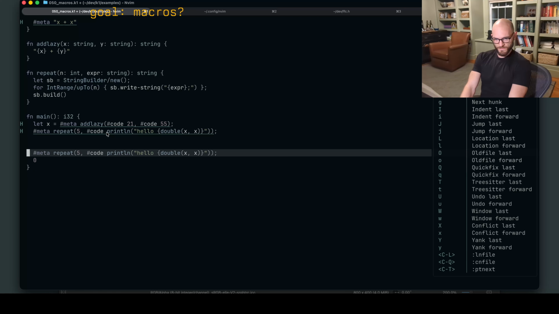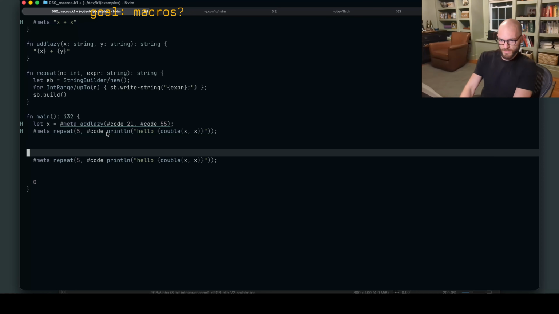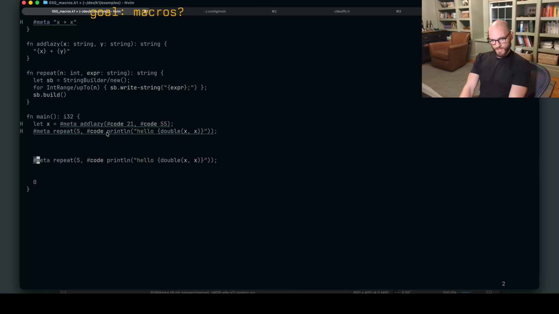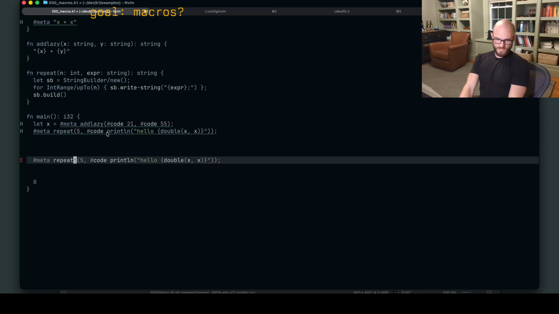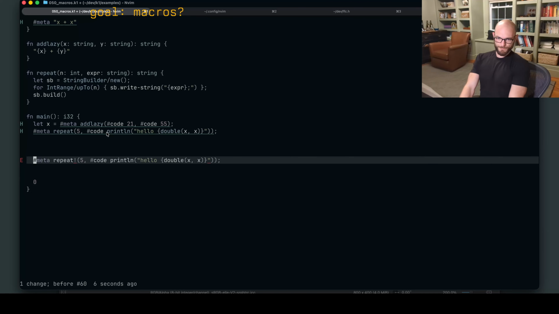If we wanted to show this off and be like, hell yeah, look at these macros, I think that we need a way of invoking meta that's kind of quiet. And so, you know, Rust does this, which is neat, but I don't love it.